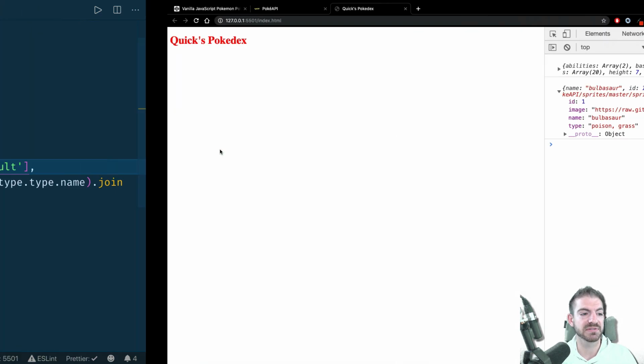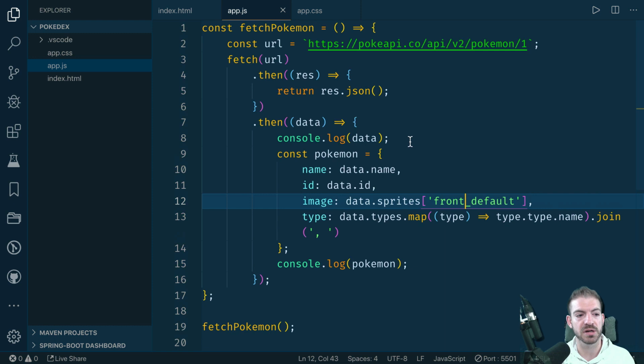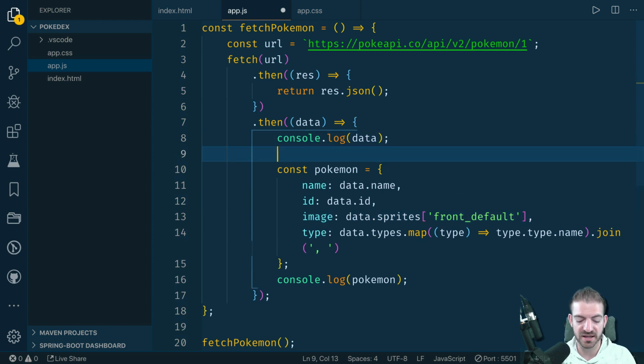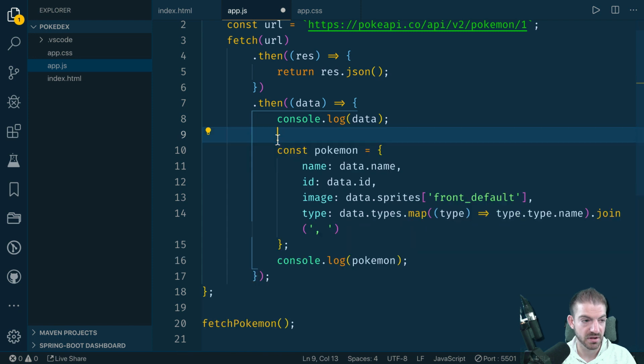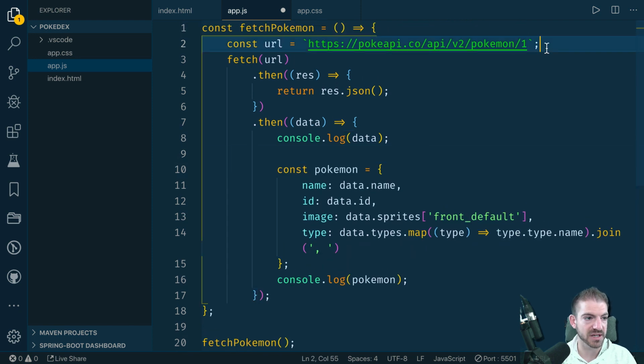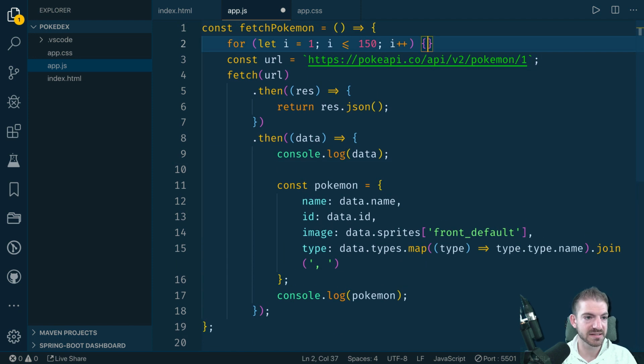Now the problem is we're going to have to do this for each one of the Pokemon. So we could do something like this. For let i equal 0, i less than 1, and actually we're going to start at 1, because we're not doing array-based indexing but Pokemon indexes. So while i is less than or equal to 150, and then i plus plus, we could put all of this fetch information